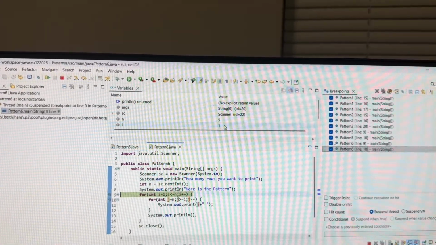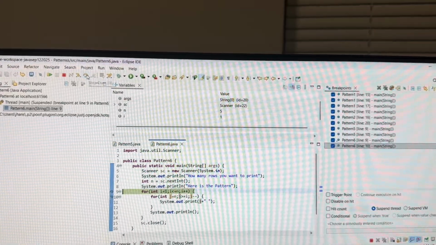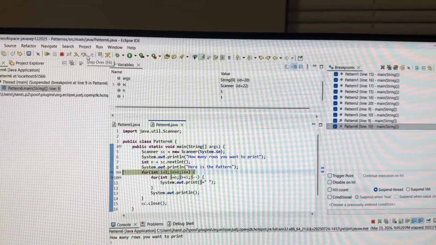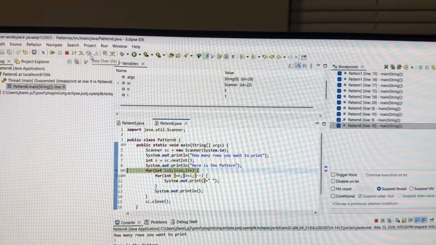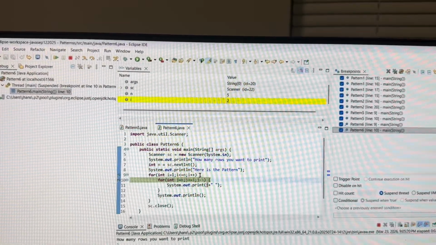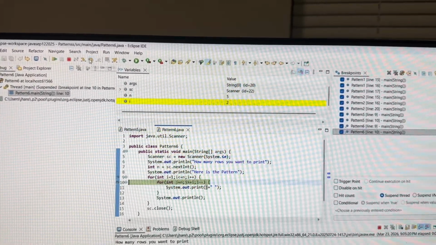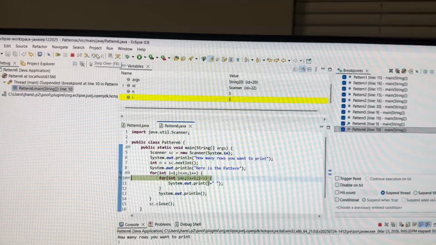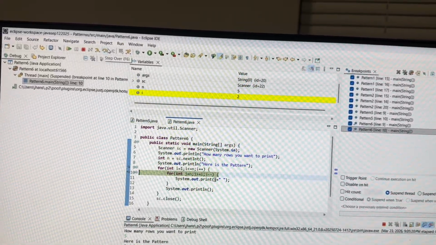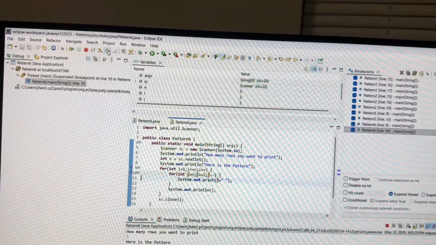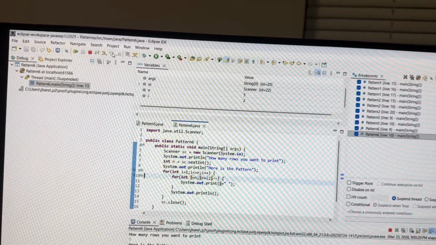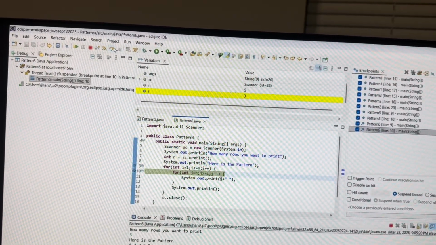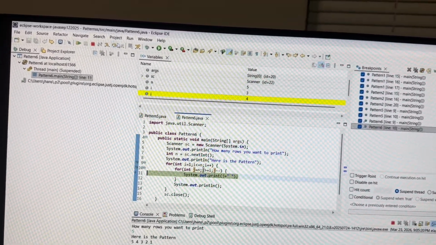So now i equal to 1, n equal to 5, and as i plus plus, now i equal to 2, so j is equal to 5, 5 greater than or equal to 2, 4 greater than or equal to 2, 3 greater than or equal to 2, 2 greater than or equal to 2. So it's going to print 5 4 3 2 in the next row. After that the inner loop is going to fail, that's why it's coming to the next line, and